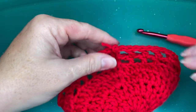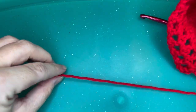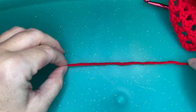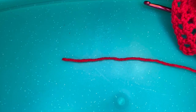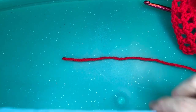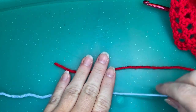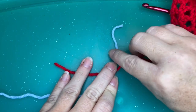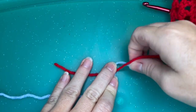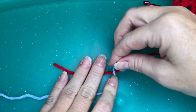Okay, now I'm going to unravel just a little bit. And this is why some of you might not like it, is that you do have to repeat some stitches. I'm going to lay that yarn down. Now, I'm going to take my next color, my color B, and then I'm going to lay it like this, okay? Now, I'm going to take color B, I'm going to pass it over top of color A, I'm going to fold it down behind, okay? It should look like this. Then I'm going to make an X,